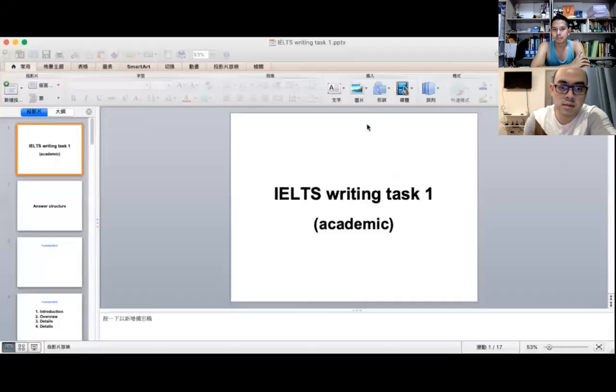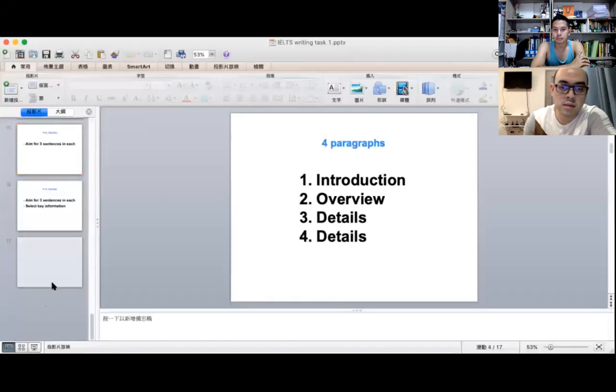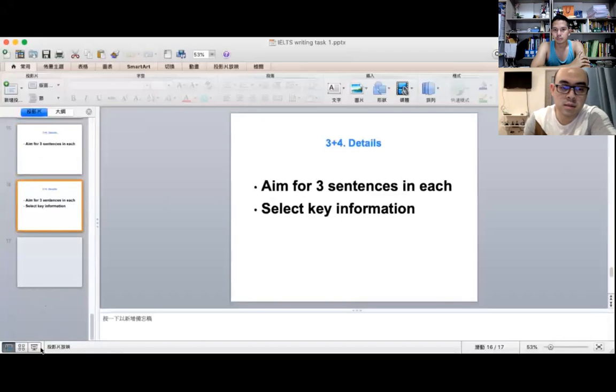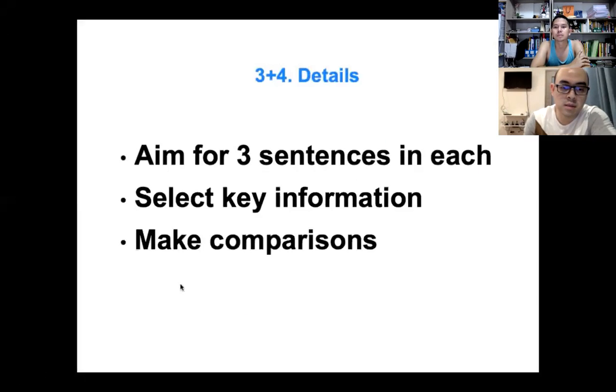So we will, wait a moment. We will do the 3 plus 4 paragraph, the third and the fourth paragraph. You aim for 3 sentences for each paragraph and select a key information. So the information like the most surprising facts about the paragraph, about the data, or you can make comparison or